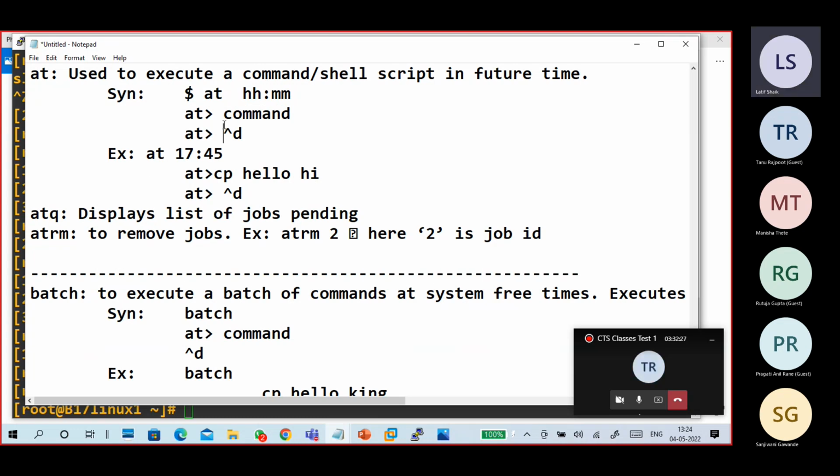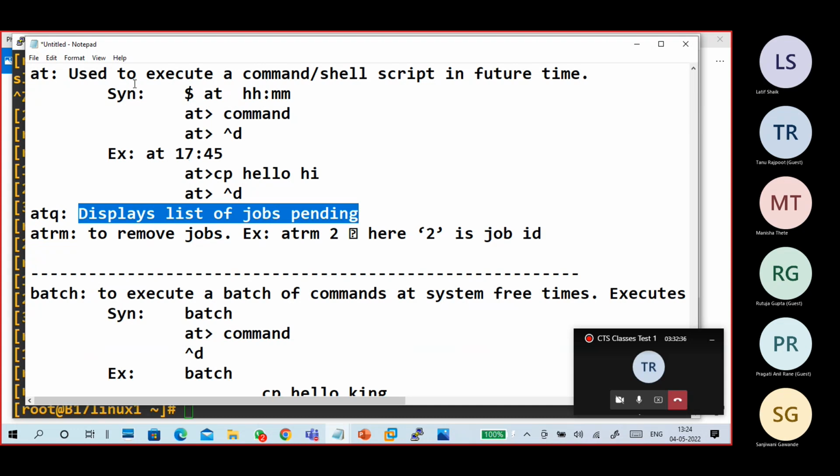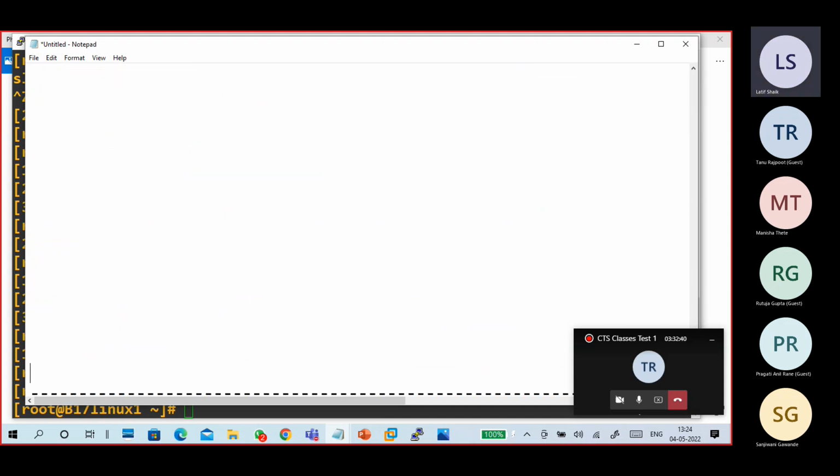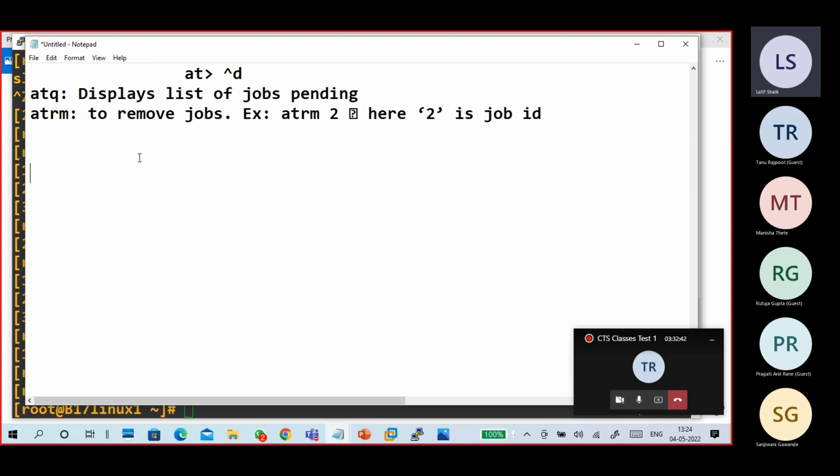Ctrl D to save, like this. Then atq displays which jobs you have scheduled. So here it is. We'll start. I don't like PPTs and all now, so that's the problem. Look here: using AT, you can schedule a job